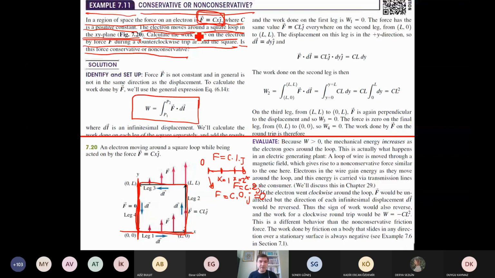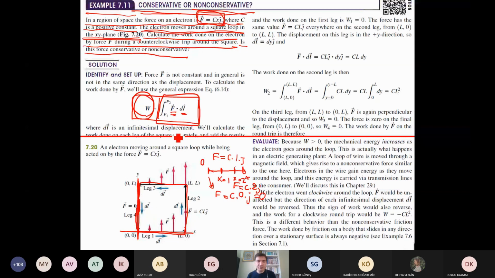So the work done by non-constant forces can be written in this form, which we have learned during the last lectures. This is the integral from initial position to final position. This is the non-constant force, and this is the infinitesimal displacement, dl. Now let's apply this to calculate the work done by this force on this electron. But first of all, let's try to calculate